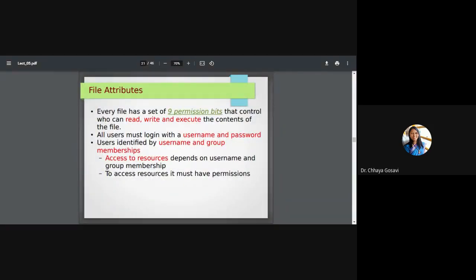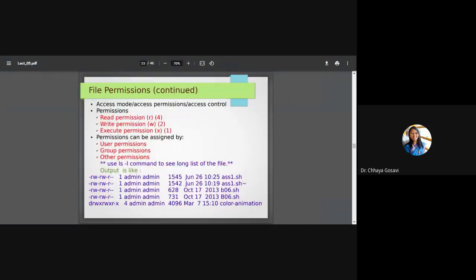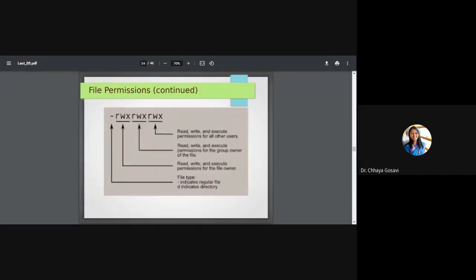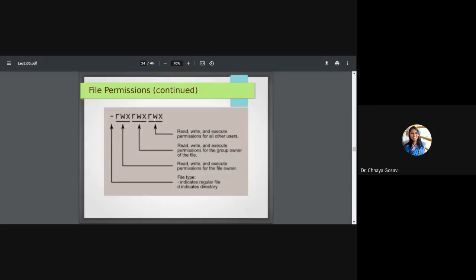File attributes we have seen in the previous session. 9 permission bits: read, write, execute for user, owner, and group. So this is how to read these bytes. First, on the right hand side, 3 bits mean read, write, and execute permission for the user or owner.